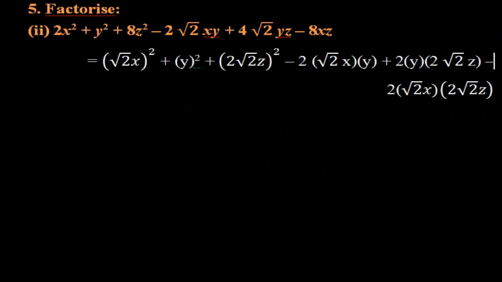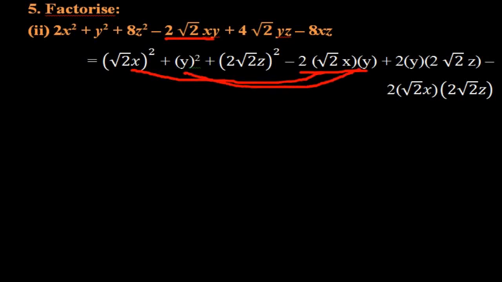This is whole square. When we write 3 terms, we know the expansion of x plus y plus z whole square: x square, y square, z square, then 2 times xy term plus 2 times yz term plus 2 times xz term. Here, this one will be equivalent to this, is it or not? So 2 we write it, and this we have to write here as the value of x, and this one should be the y term.